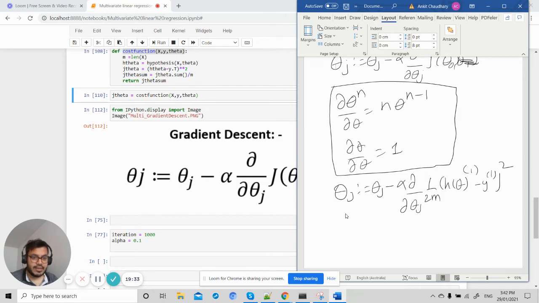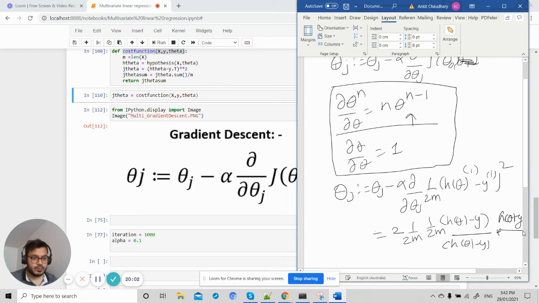Okay, now if we take the derivative, we will apply this formula first. So it will be 1 by 2m times 2 x to the power n minus 1. Okay, so it will again be multiplied by the derivative of h of theta minus y